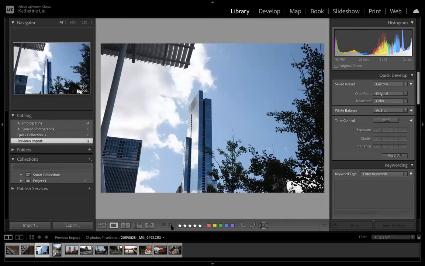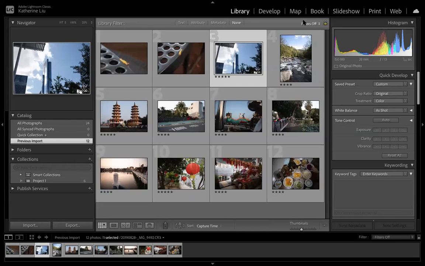And then there's also flags. So before I get to that, to view your filters, you'll have to go back to the grid view here. Once I do that, you should see